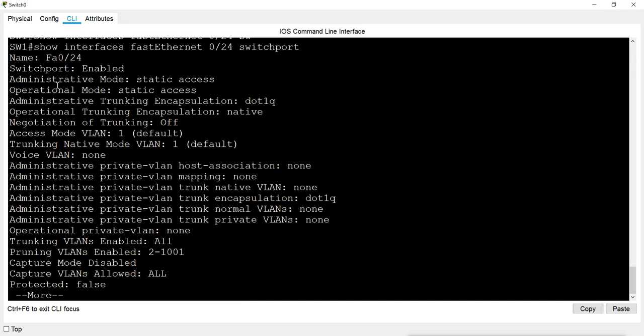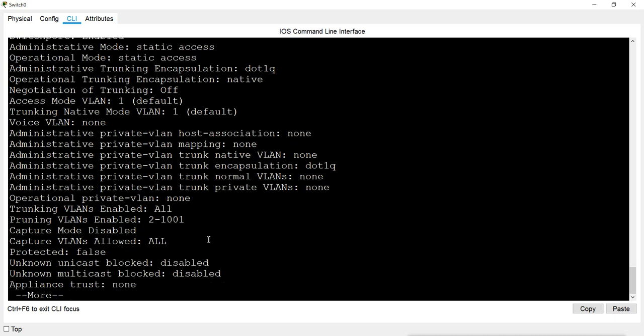Right now the administrative mode is static access mode, and the operational mode is also access mode. It supports the trunking protocol .1q, but it is not working as a trunk. So I will change it. Also it belongs to VLAN 1, the default VLAN.